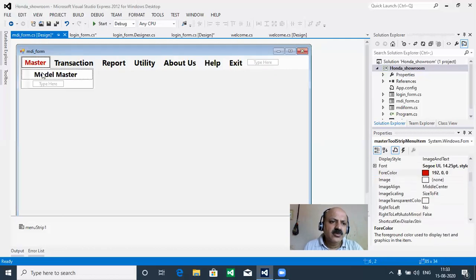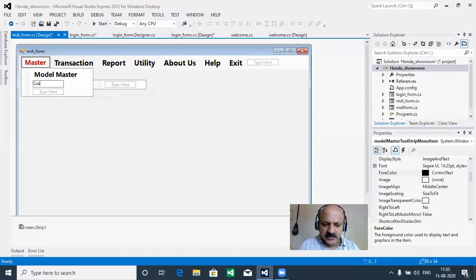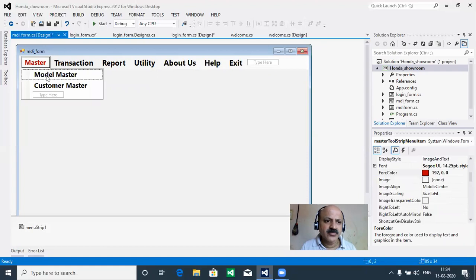After that is model master, and a child is also possible, but there is no requirement here. I give the suggestion again: you can take master here or not, there is no problem, and you can get the idea. Next is customer master. We have to look at both giving the master word and not giving the master word, and change accordingly.